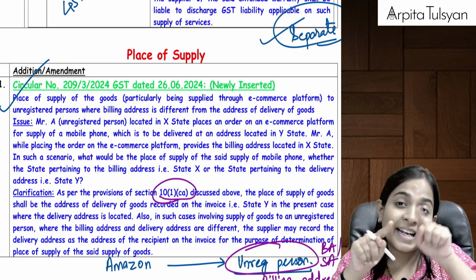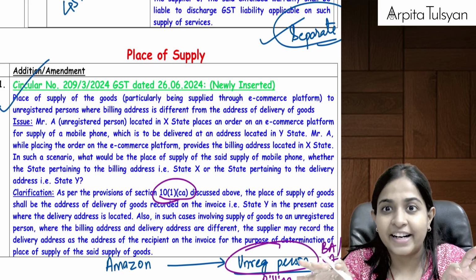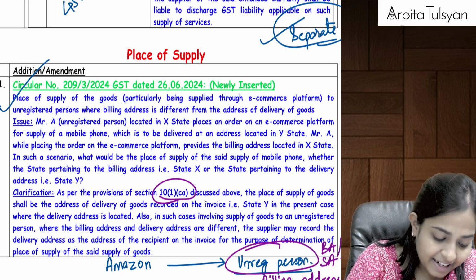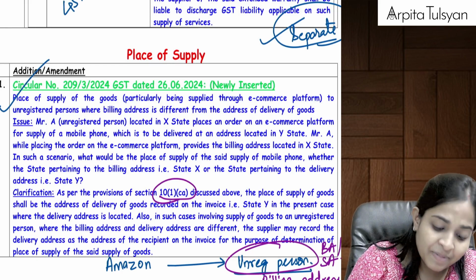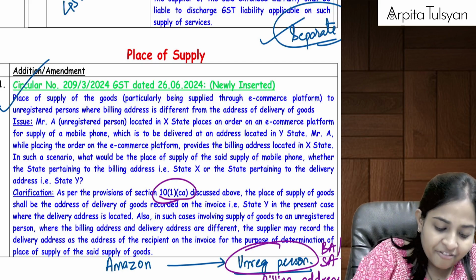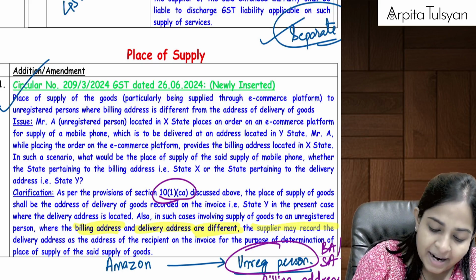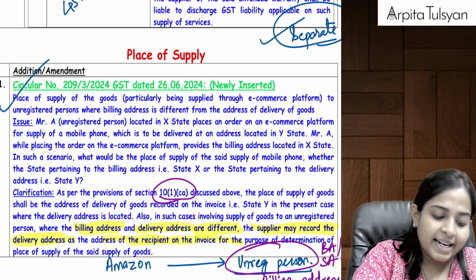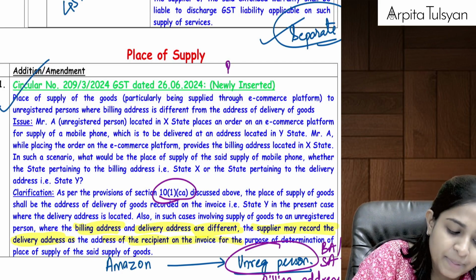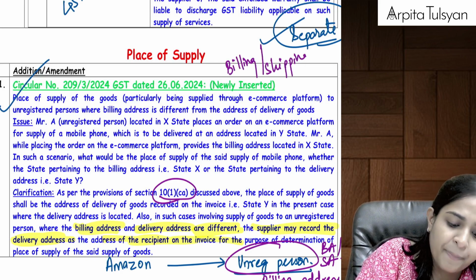So now, in that billing address and shipping address, if the states are different, then in that case, what will be the place of supply? So see, what are they telling? Where the billing address and delivery address are different, the supplier may record the delivery address as the address of the recipient. So if there is a difference between billing address and shipping address,